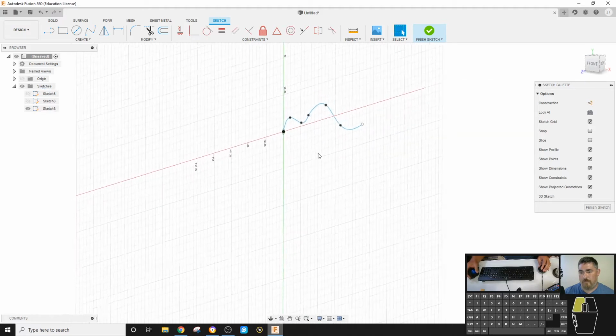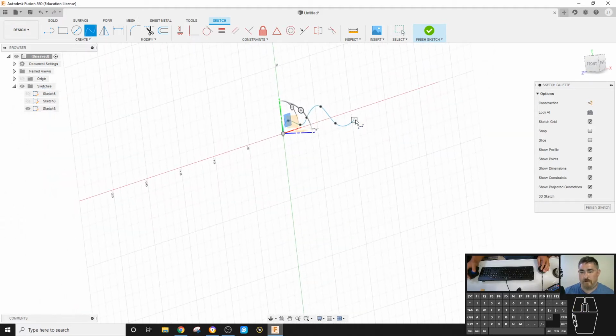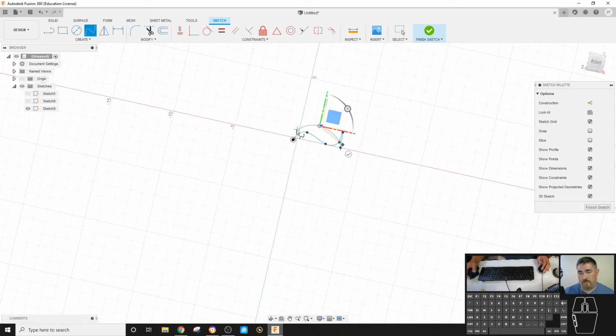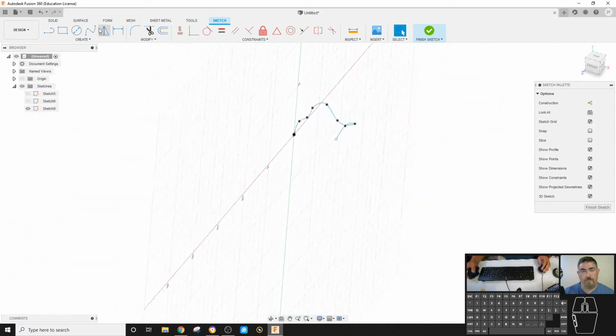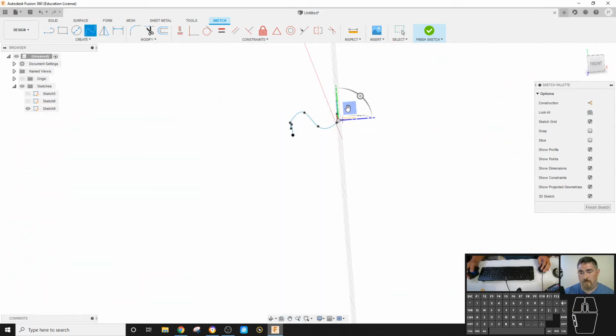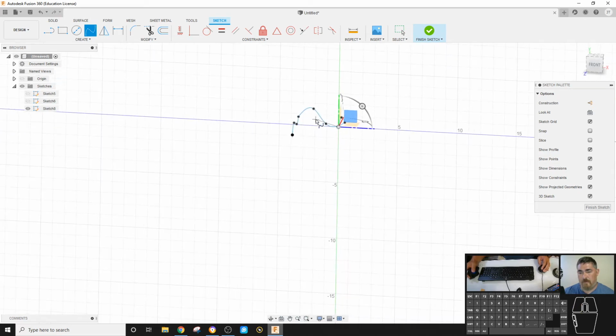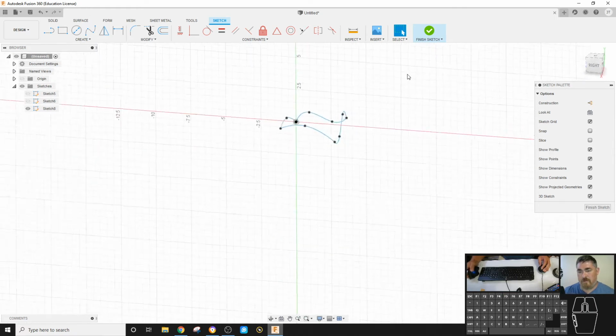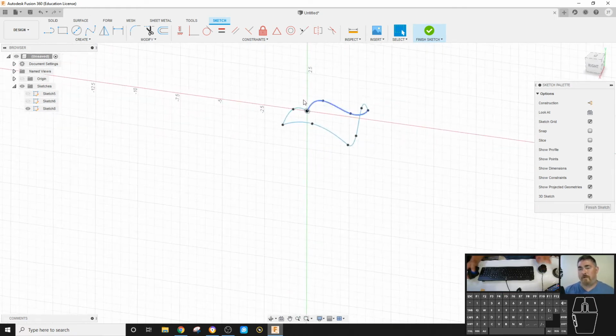There we go. Create another spline. I'm going to start on this point, and I'm going to go that way. I'm just going to do something like that now. And again, start here, go on this plane. All right. So there, I've gone through and I've made 4 different sketches, or 4 different splines that are all